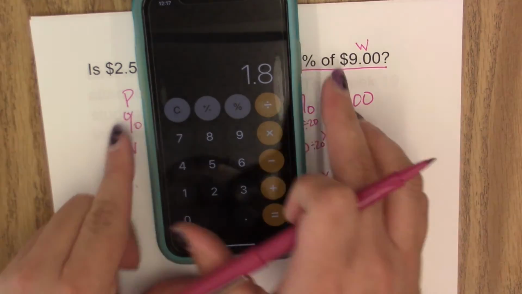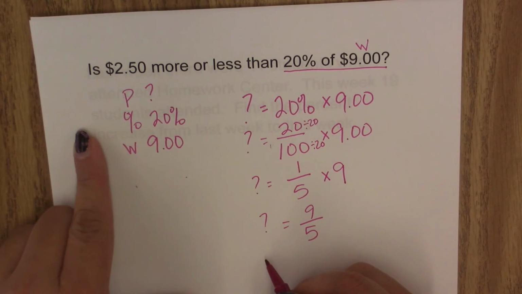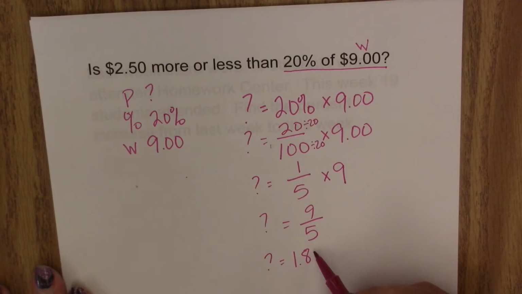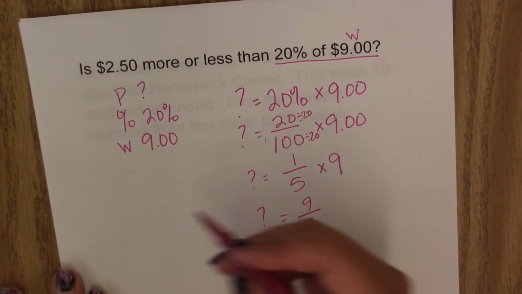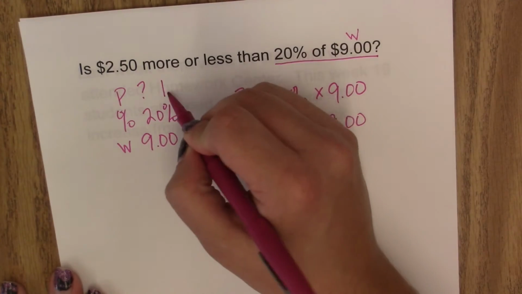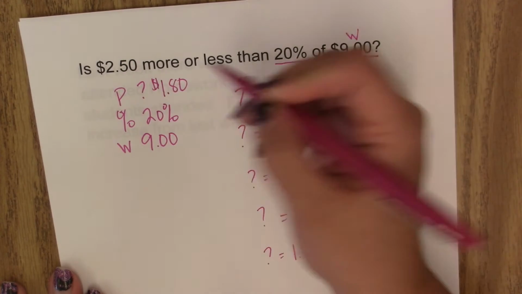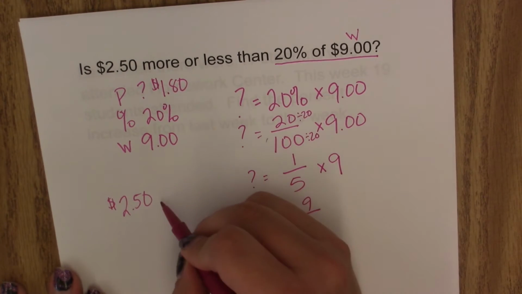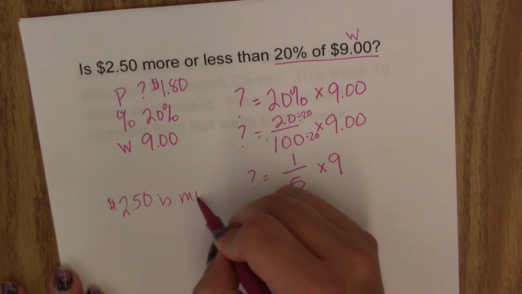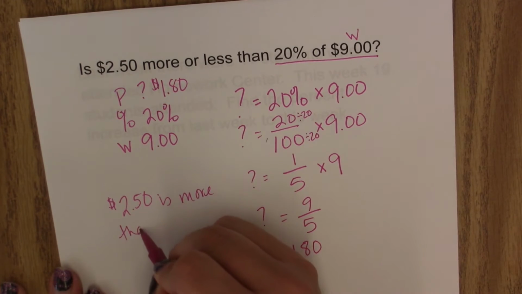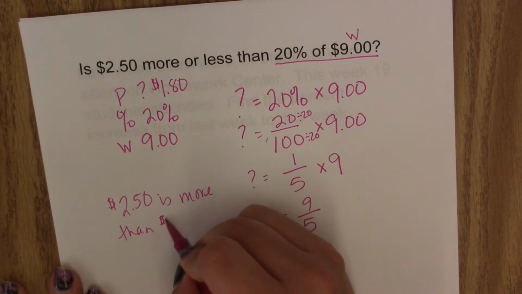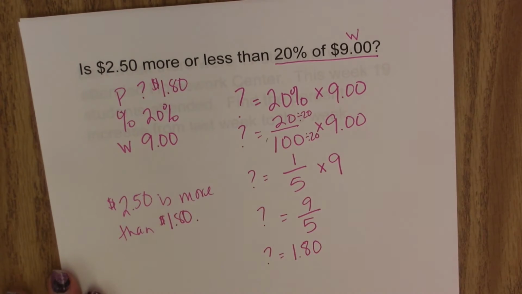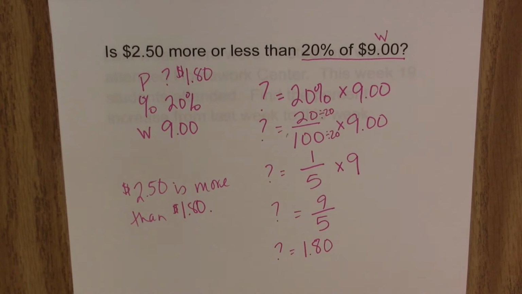We get 1.8. So it would be $1.80. So our part is $1.80. So $2.50 is more than $1.80. Okay,